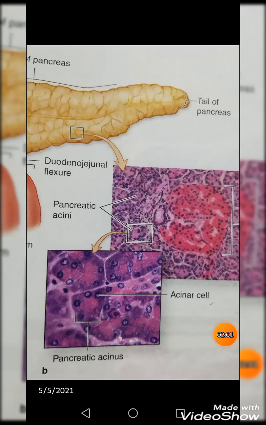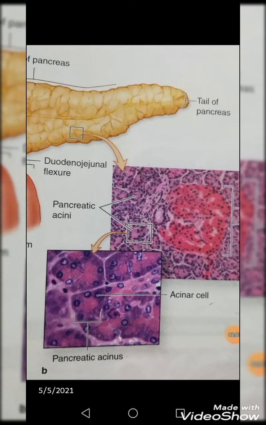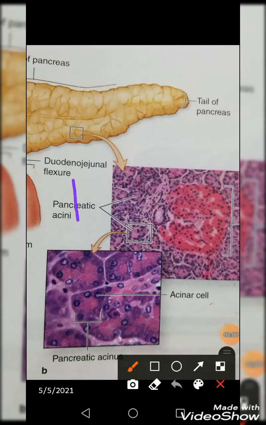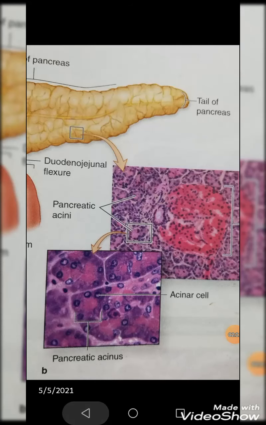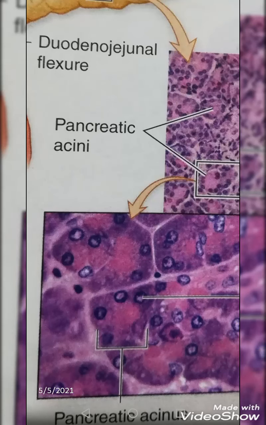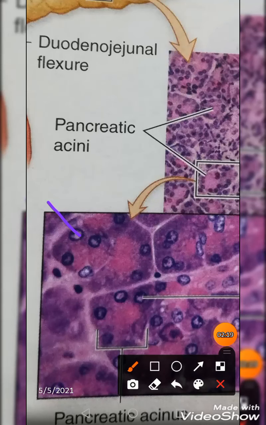In this picture you can see that the parenchyma is filled up with the pancreatic acini. Let me enlarge it a little bit more. You can see them like a bunch of grapes, having rounded nuclei, and a basophilic stained basal area due to rough endoplasmic reticulum and the supranuclear ribosomes, right. And the apex of the pyramidal cells of the acini shows an intense acidophilic stain, the reason being the zymogen granules they carry, right.